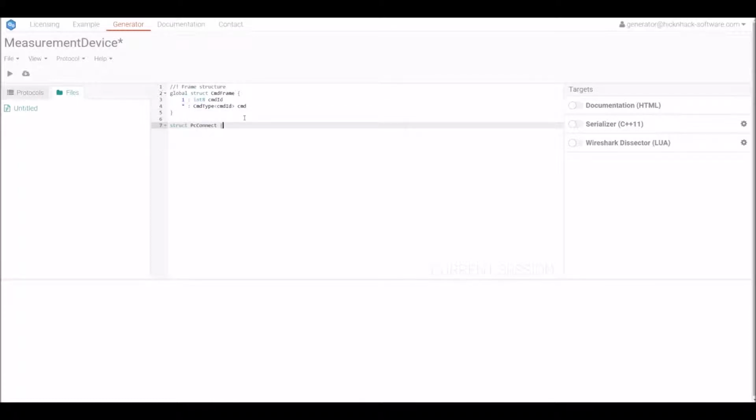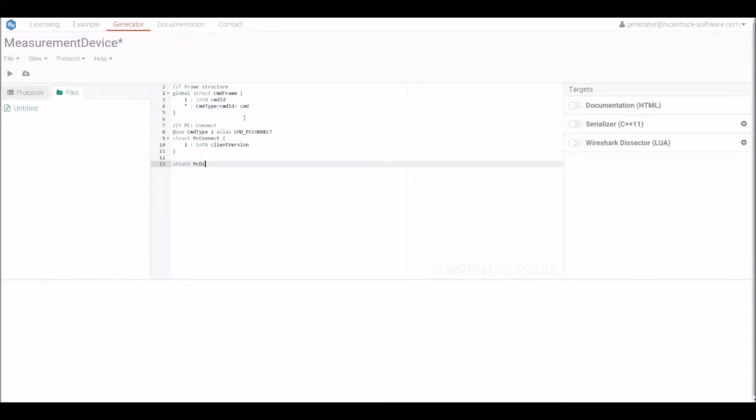Then we specify PC Connect. And PC Connect will be instantiated in the command type when the ID is 1 with the alias PC Connect. And we will enhance it with a comment.